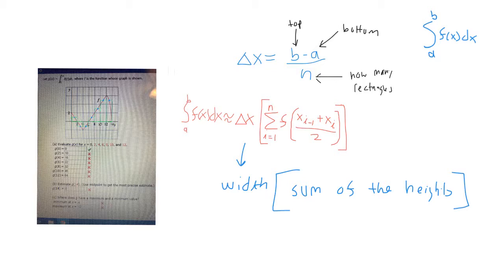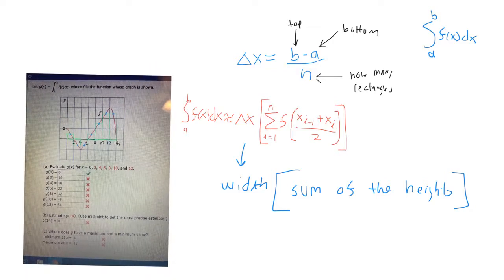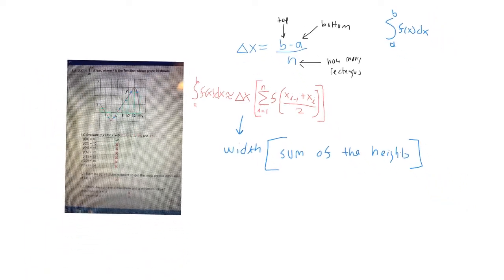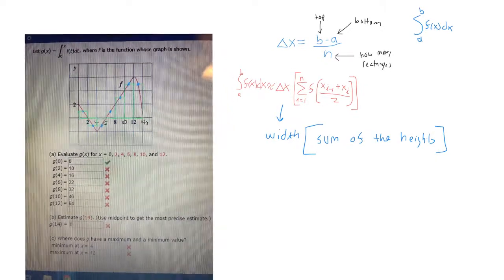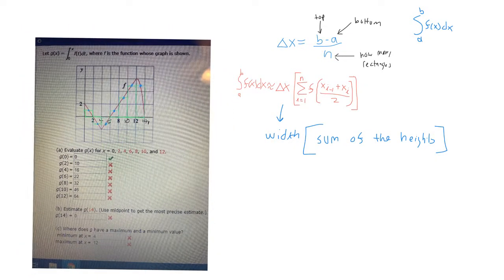But it's the height of the rectangle at the midpoint. That's what this little thing means. This part right here means you're taking into account the midpoint of the rectangle. So in this case, taking into account this whole scenario here,